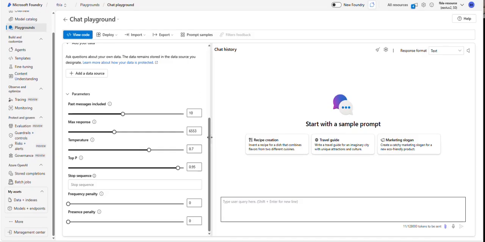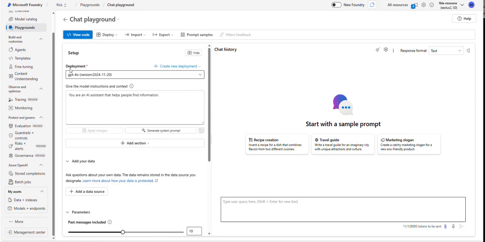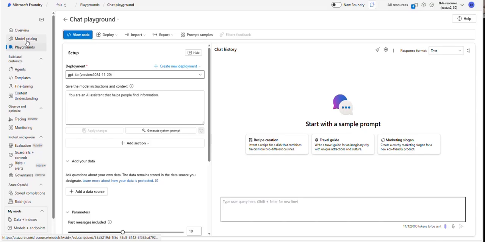So what I want to do today is dive a little bit deeper. I want to take one of the existing models that I've deployed and customize it. And to do this, what we're going to do is go in here and I'm going to